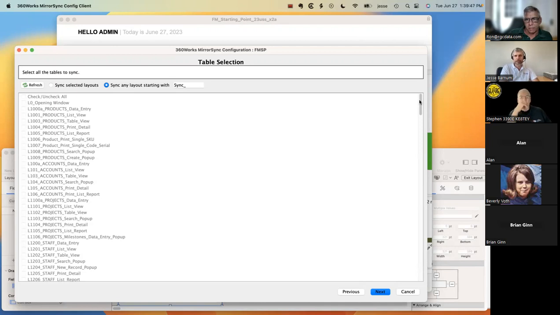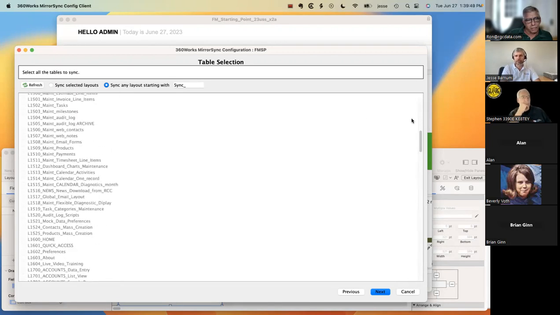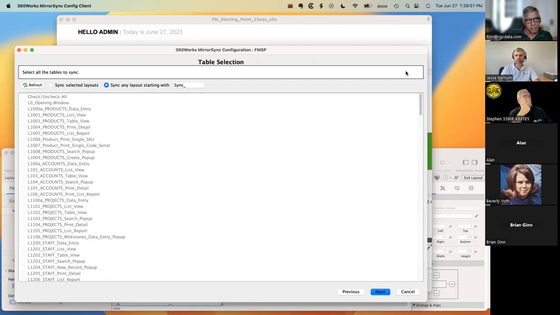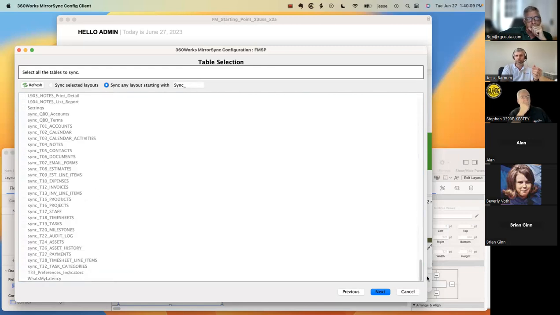Now we get into the layout selection screen, and MirrorSync thinks in terms of layouts, not really in terms of tables, at least when FileMaker does. So you have a choice here, and you can say, I want to sync this layout and this layout. Or what I'm going to do is you can say sync any layout that starts with the word sync underscore. And now you can see why we named all those layouts the way that we did, because now it's just going to automatically pick up all of these layouts